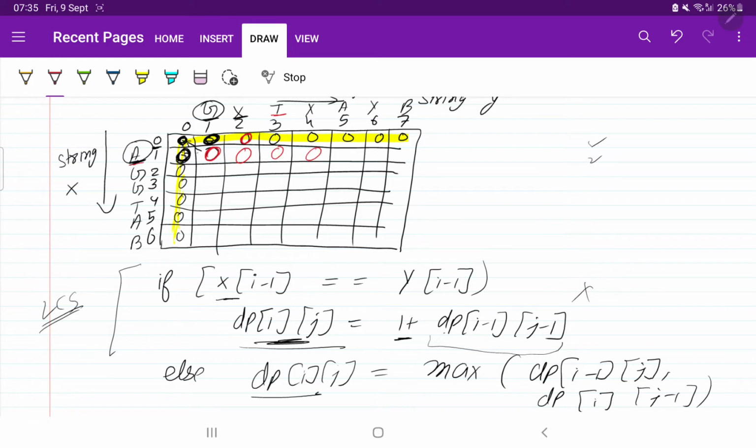A and x are not equal, 0. A and a are equal. Now we got that a, if x of I minus 1 and y of j minus 1 is equal. Perfect. So this time we need to add 1 from the previous one. So from here we are going to add 1. Okay, 0 plus 1 will be 1.